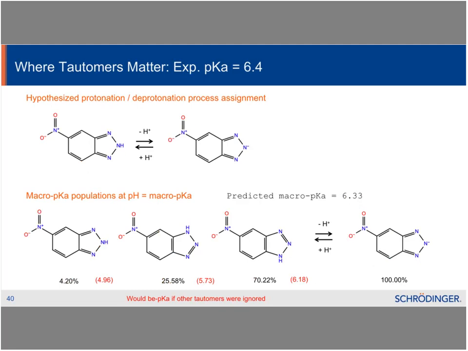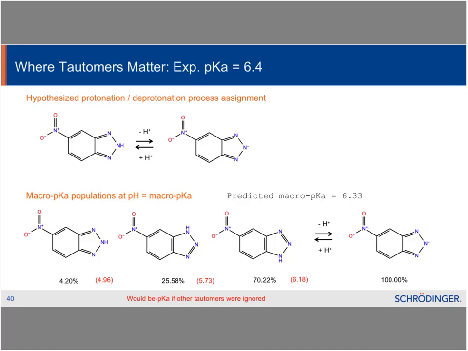Here is a case where it actually would give us a pretty bad pKa prediction. In this case, we at first thought that the initial tautomer was the one shown on the left here. This is the triazole molecule, and we thought that this tautomer, just because of human intuition, was the dominant one. Macro pKa said that it was not the dominant one. Macro pKa said that this tautomer occupies only 4% of all the species in solution. And if we use that tautomer, then the resultant pKa would be 4.96, which is far from the experimental result,